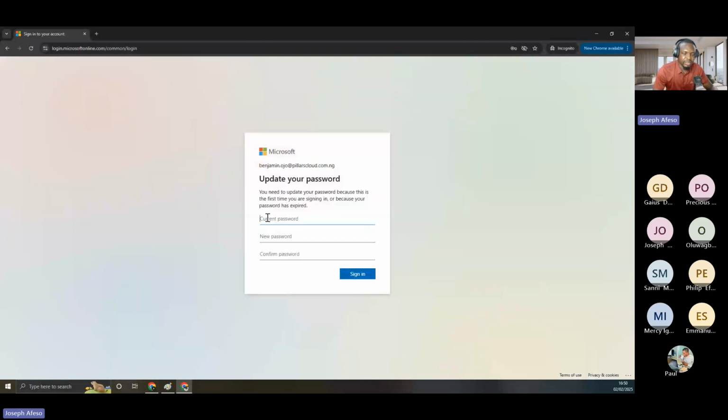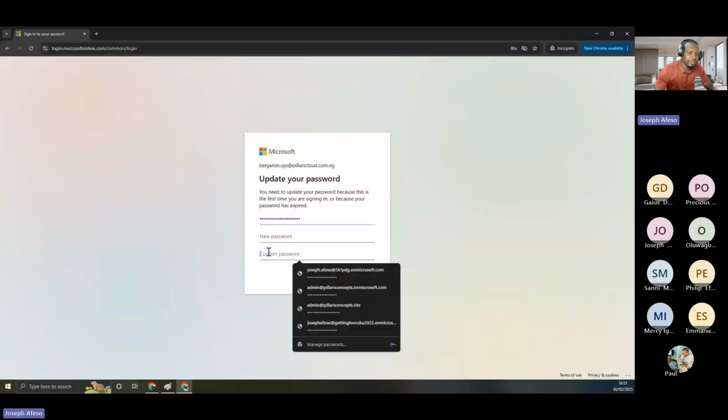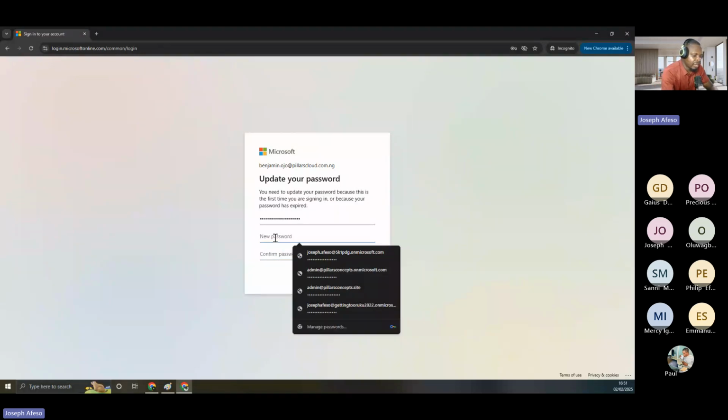Now, because you had checked that the users will change their password when they first sign in, what happens now is it needs to enter the current password. And then it now enters the password that he wants to be using now. Okay, so he has entered this. If this password is complex enough, okay, let me even do something so that you can see what's happening. Some users are very funny. If you ask them to sign in, they will be thinking, what password am I going to use? And the guy now comes and says,